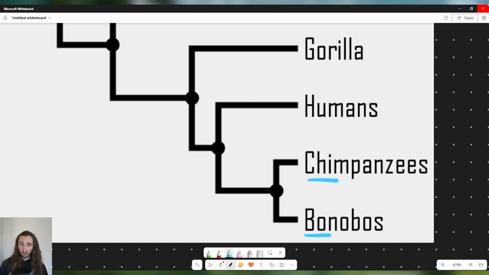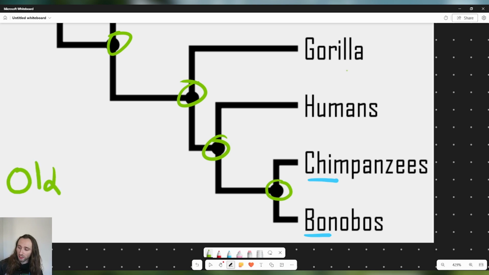So what is that definition again? It is the most recent internal node where 2 tips or 2 groups have diverged from one another. So if we circle all of the internal nodes that we see here, we have one up here, but we're really looking at this one, and this one. Let's remember that first nuance about phylogenetic trees that we covered, and it is that information flows in one direction in time. Another way to put that is that the older nodes are closer to the root, while the newer nodes are closer to the tips. So when we are asking for a most recent common ancestor, we are looking for the